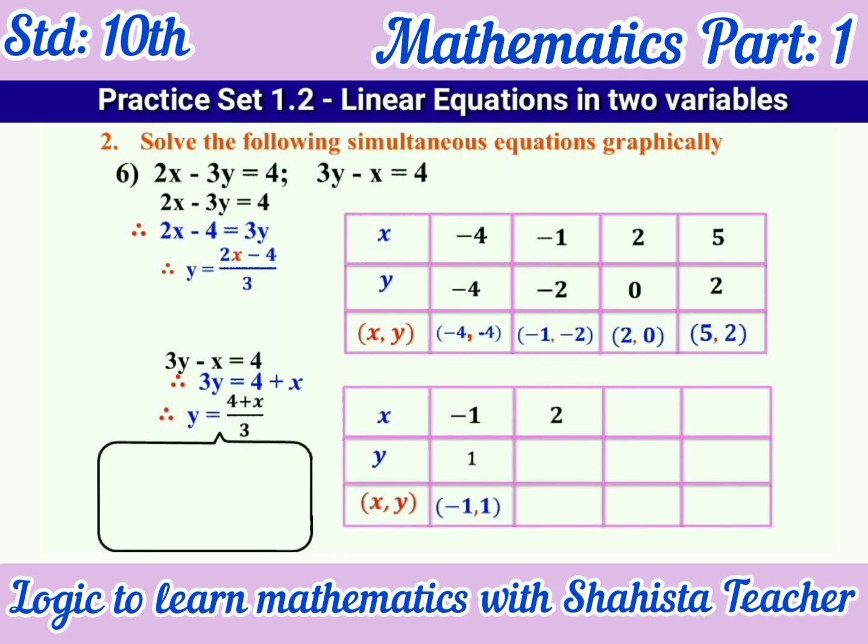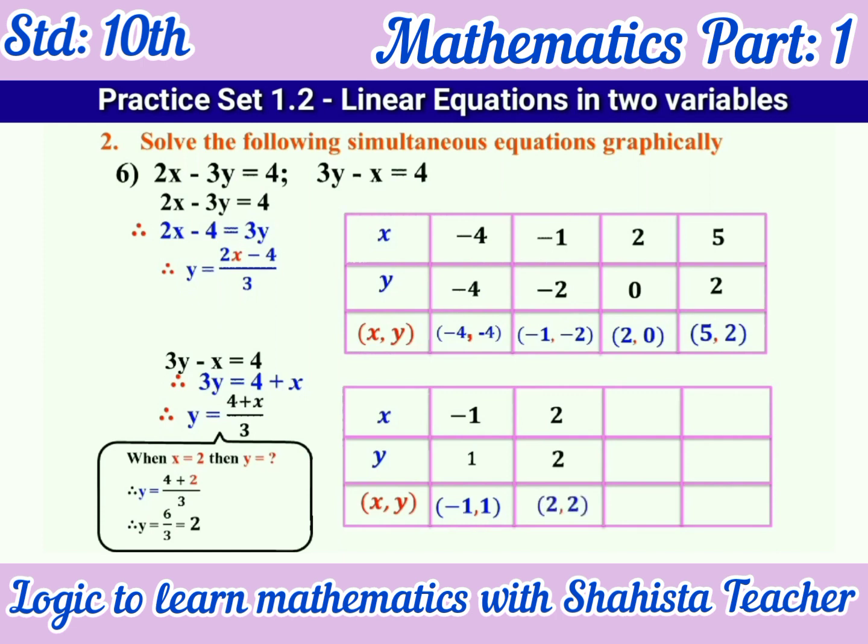X is 2. Now here we are considering the x value is 2. But we don't know the value of y. With the help of this we will calculate value of y. So x is equal to 2, then y is equal to question mark. Again we will use this equation, y is equal to 4 plus x upon 3. So in the place of x we will put 2. 4 plus 2 upon 3. 4 plus 2 is 6. 6 upon 3, 3 ones are 3, 3 twos are 6. After dividing we get here 2. So x is 2, y is 2. So 2 comma 2.